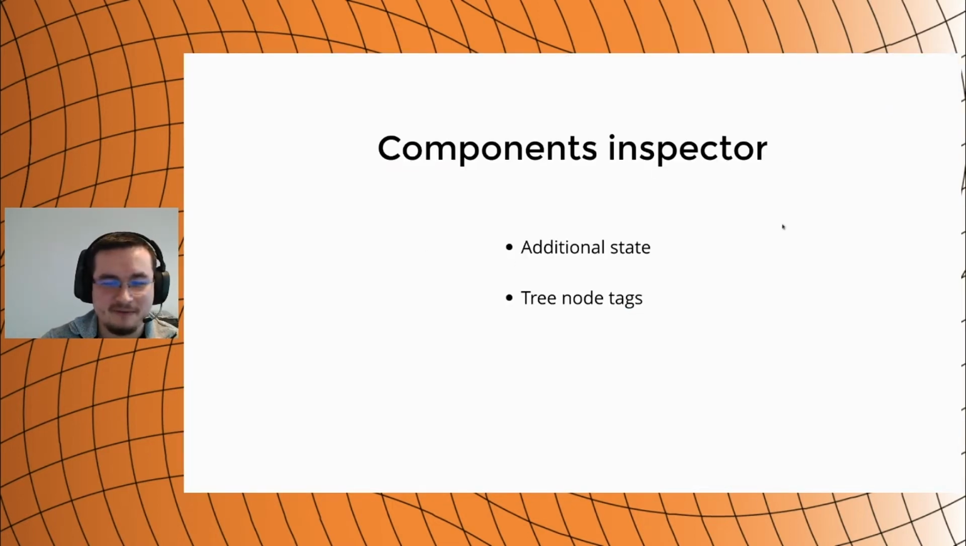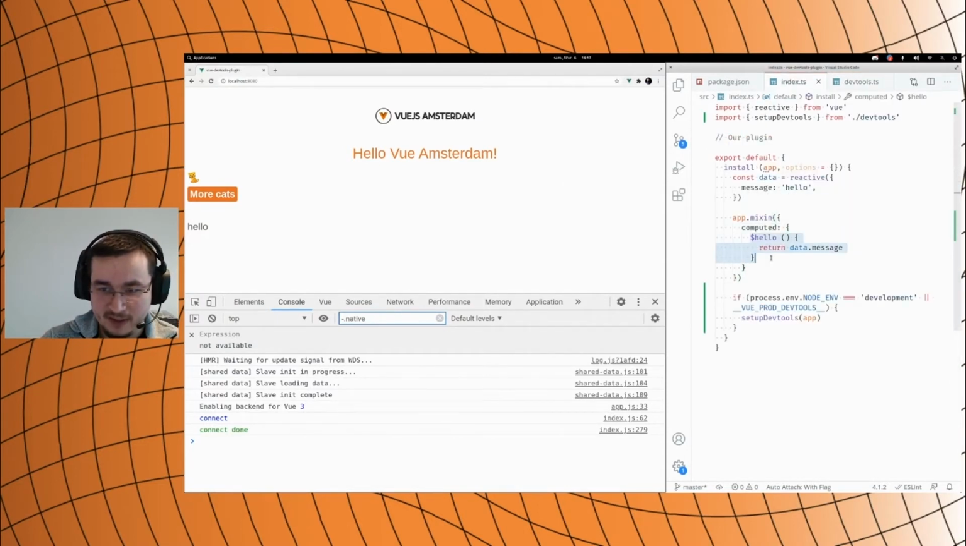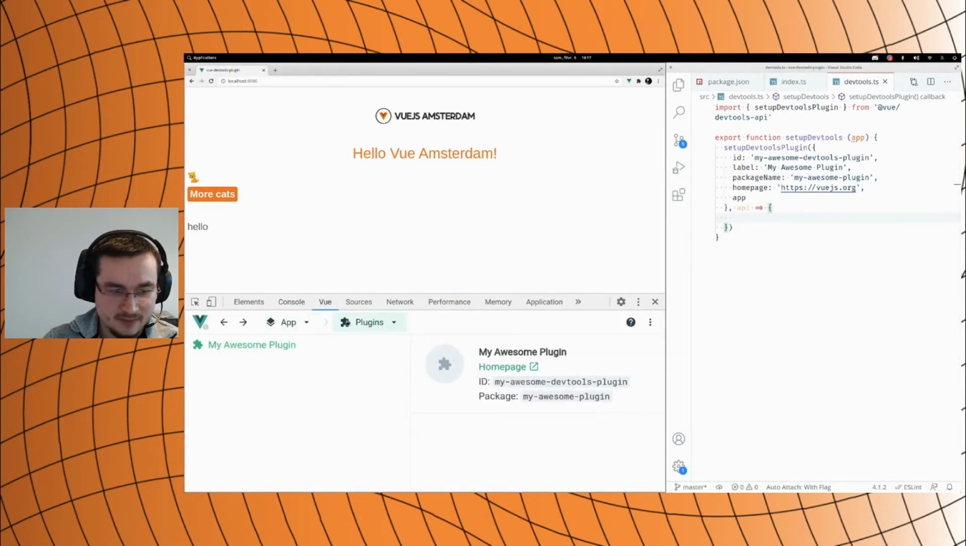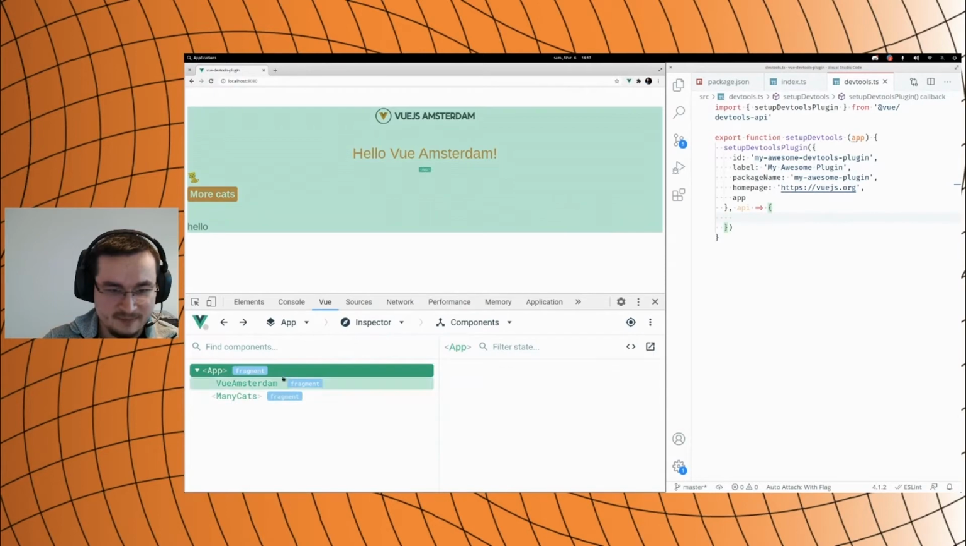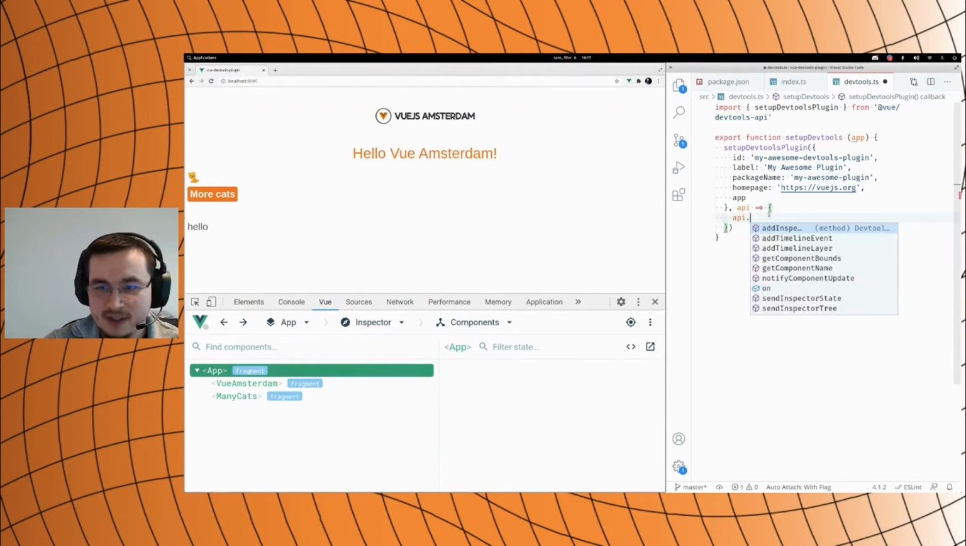Let's see what we can do with the components inspector in our application. So the first thing we could do is to display the computed property we are adding to our components here. So I'm gonna switch back to the components inspector, and I want to display an additional state here in my component. So you can use hooks to listen for specific events going on in the DevTools using the API.on, using API.on,